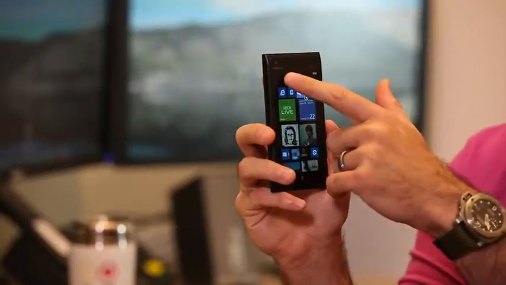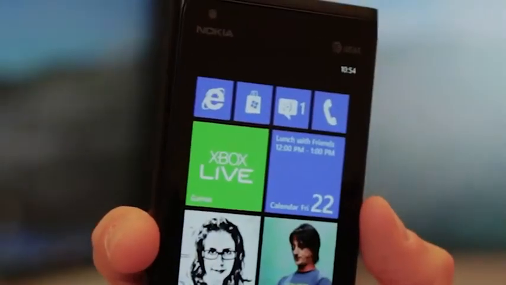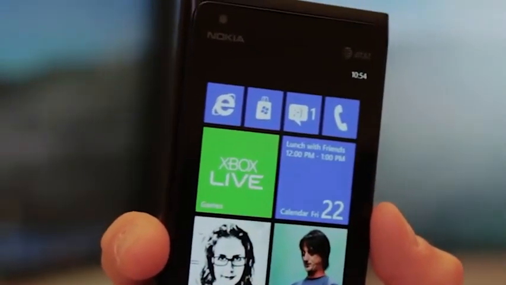So now with Windows Phone 7.8, I don't just have the ability to change the color theme of my phone and pin the stuff that I care about to my phone. I'm going to have the ability to make things small, medium, or large, so now I can really make my phone all about me and all about the stuff that I care about. It's going to be pretty awesome.